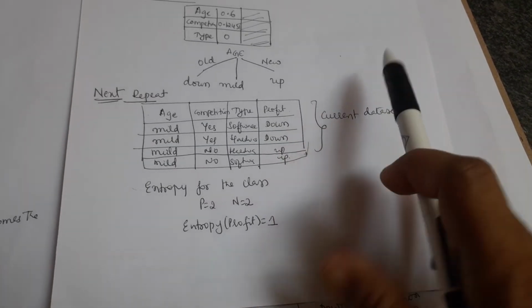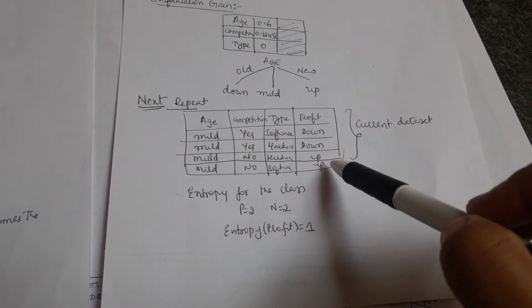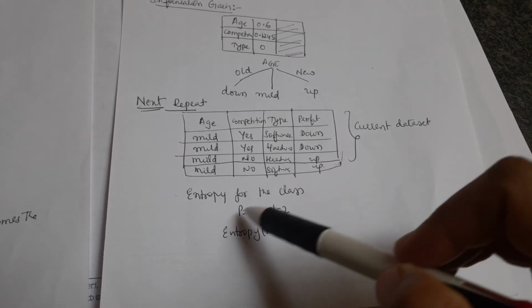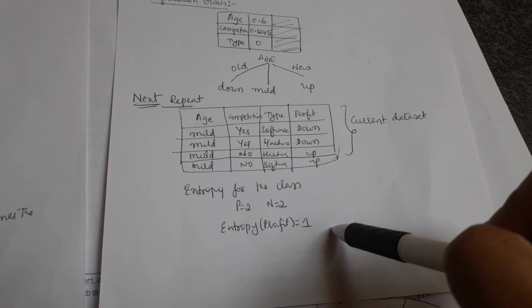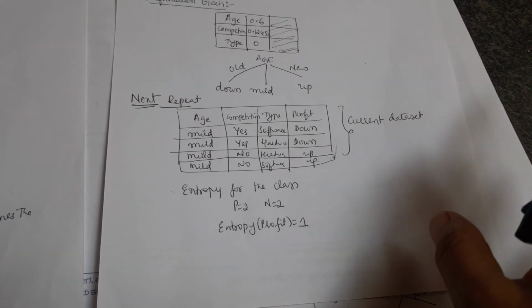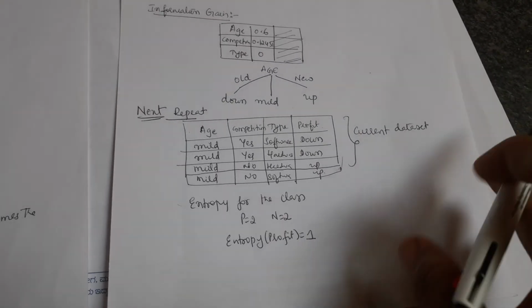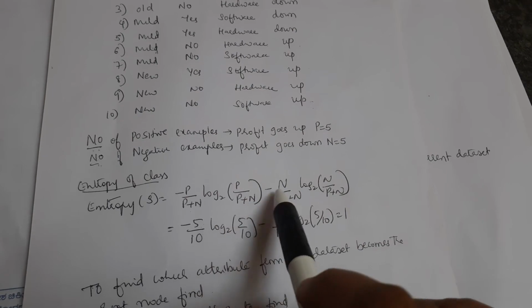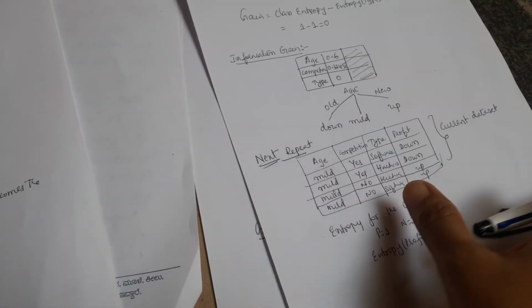So first what you have to do? Calculate how many positive and negative examples there are for this whole class. 2 positive and 2 negative. So totally 2 positive and 2 negative. So entropy will be what? 1. Directly you can use it. Because, as I told, if the total numbers of positive and negative examples are equal, you can directly take it as 1. No need to use the formula. Otherwise you have to use this formula. Before we used the formula, no? Like this. So no need to use the formula here. Directly you can write it.